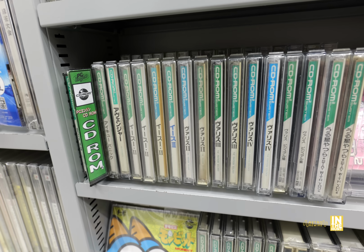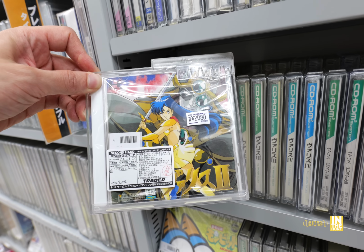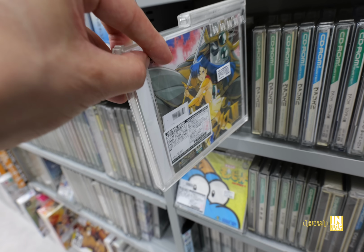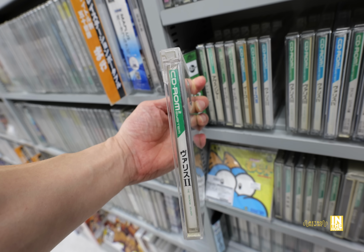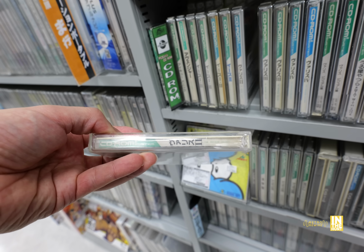Which, let's take a look at some CD-ROM games. We have Valis 2, 2,800 yen. I still don't have a copy of this, and I was tempted. The allure of that price. It's a little bit sun-faded there. And this one is like, this must have come from a smoker's house. When you get that yellowy look. Look at that. But still,